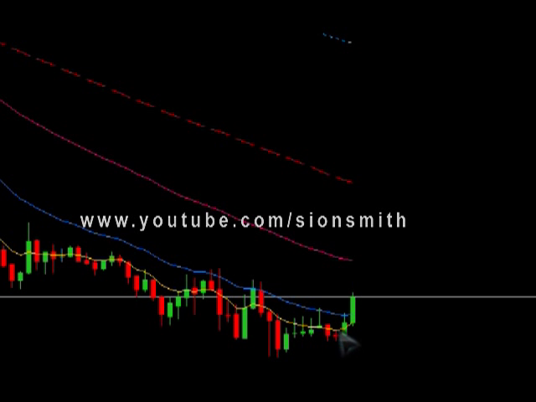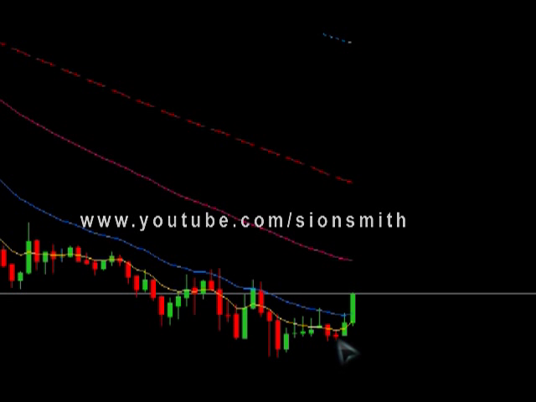You can see you've got a doji here, which is showing lack of momentum to the downside. This is also the first time where it's actually failed to put in a lower low, so you can see